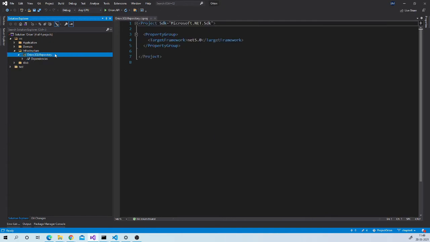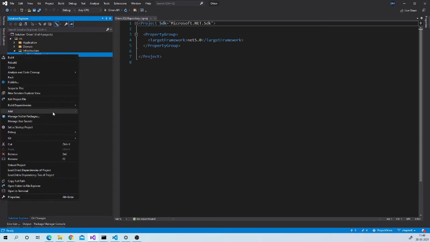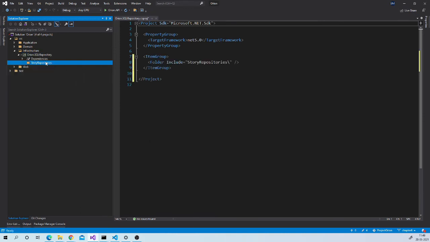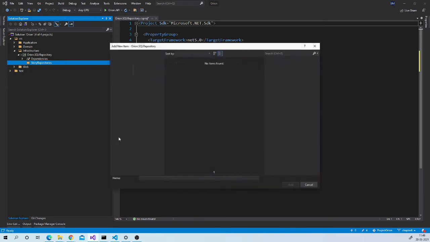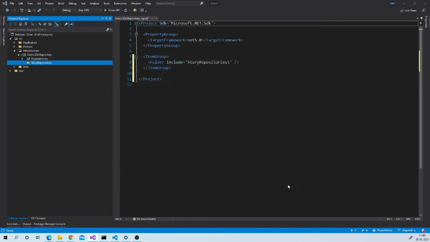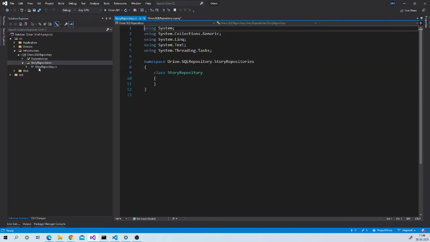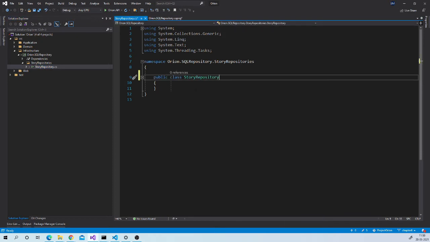Now for story subdomain repository classes, we can create one folder, story repositories. Inside that, create one class, story repository. Make it public and implement IStory repository.